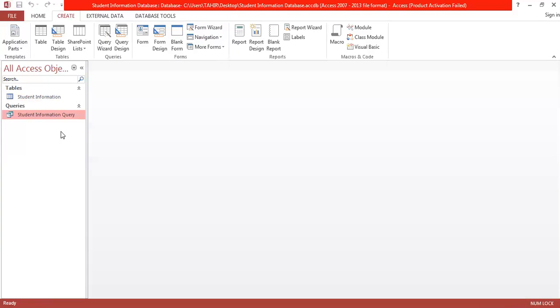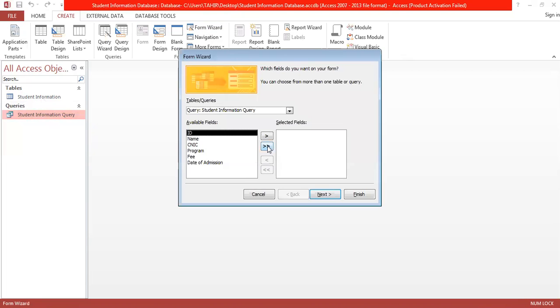Now I am going for the form wizard so that I can create an online form for my students, so that they can fill it in online and pay their fees online, and all the data is maintained in this table when they submit their online forms. In the form wizard, I want all these fields so that students who are willing to join my university can fill in all this information for our database. Next,